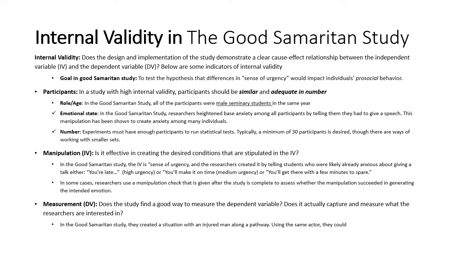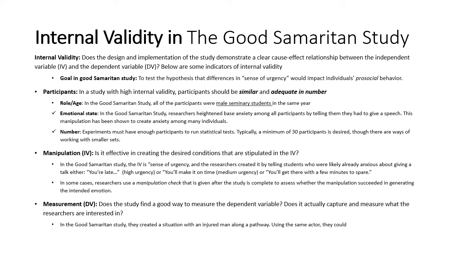Then their manipulation, did they create that sense then? So in the Good Samaritan study, the sense of urgency they created were telling students who are already anxious about giving a speech that either they're late, or they'll make it just on time, or they'll get there with a few minutes to spare. And that seemed to be fairly effective when they asked about this afterwards, in fact,